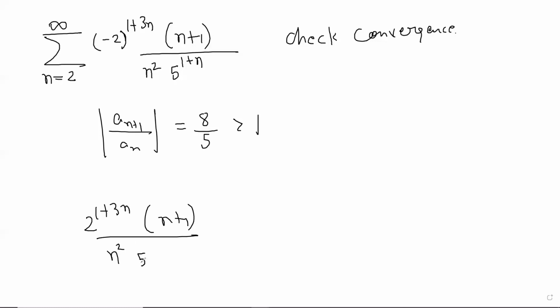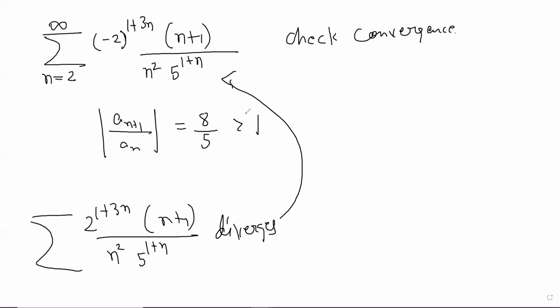We have shown that mod a_n diverges. Now, probably this is a fine point, and probably in the exam you can just write from here that a_n diverges. I think they will not say anything. But what's the logic? The logic is that it's wrong to conclude that. That's what I'm saying.